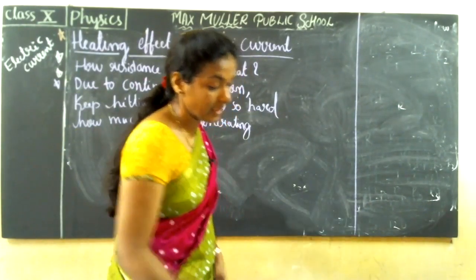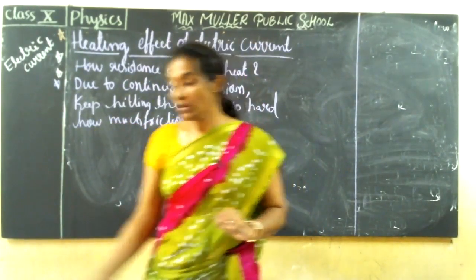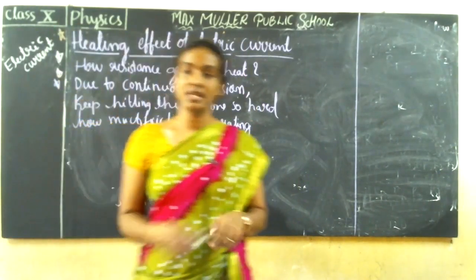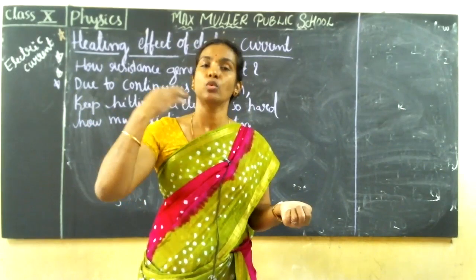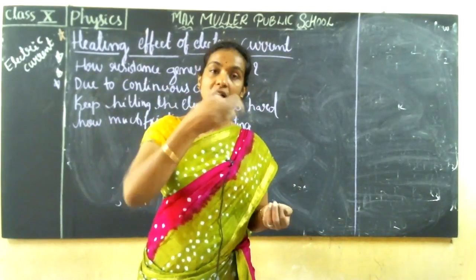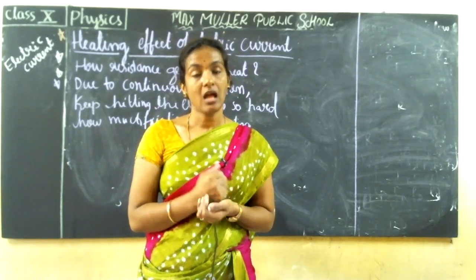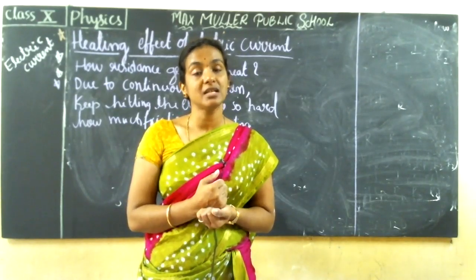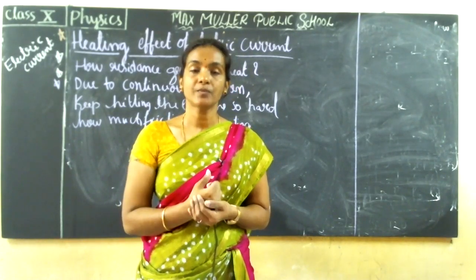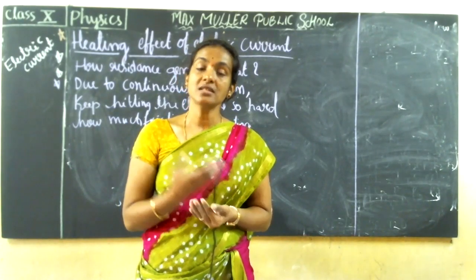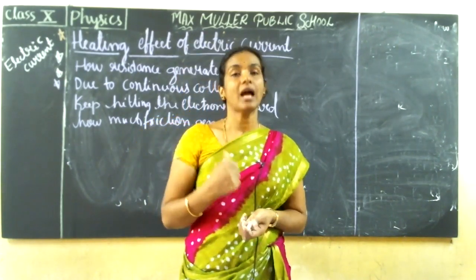So, as we got to know, when you keep a mobile on charging for 5 or 10 minutes, or a laptop also, the one you kept for more time will get more heated up compared to the lower time. Isn't it? How does it happen here? It means resistors generate heat. How does it actually happen here?